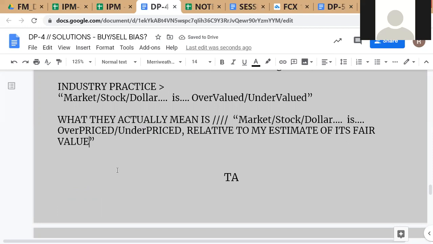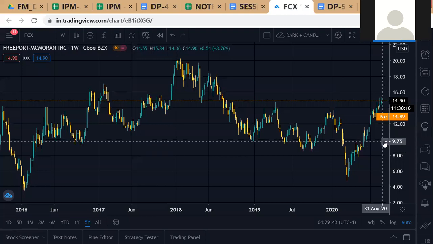It means the asset's fair value, whatever the asset is. You could be talking about FCX, you could be talking about dollar yen, whatever it is. So when people say that FCX is overvalued, when their estimate of fair value is 10,